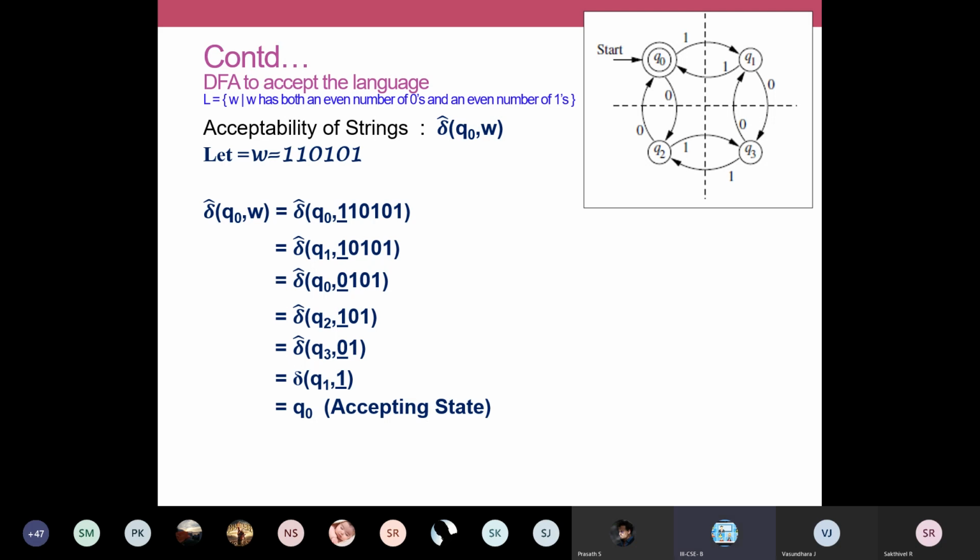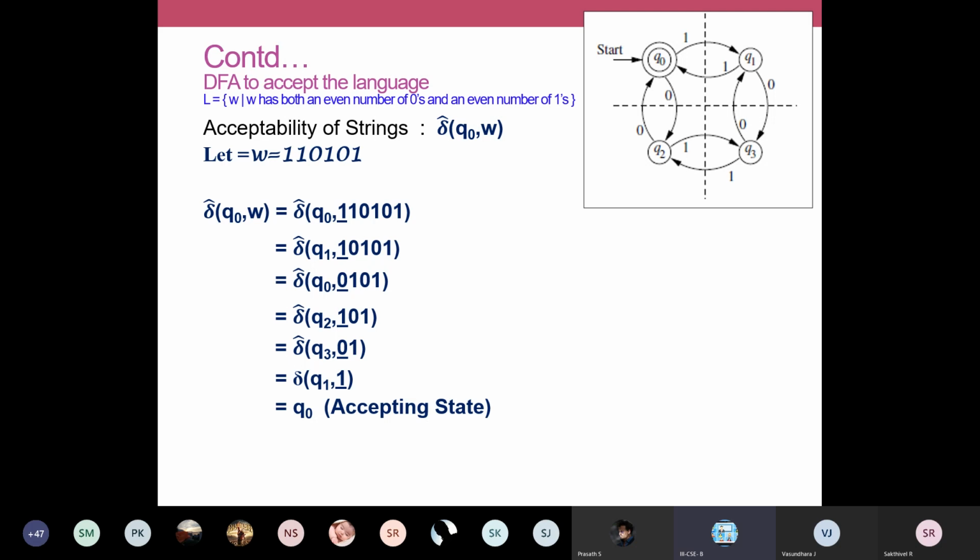Okay, if it goes to a rejection state, so if I'm giving a correct string, your automata should accept that. For example, if I'm giving strings with an even number of zeros and an even number of ones, your automata should accept that. If I'm giving an odd number of zeros and an even number of ones, my diagram should reject that. It should not go to the accepting state. Then only the problem is correct. Only those strings that have an even number of zeros and an even number of ones must be accepted by your DFA. So that one we are going to check now.